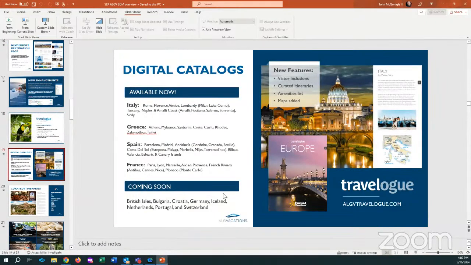In fact, this slide, we need to update this because we've already launched our Germany, Portugal, and Switzerland catalog. So if you've got customers looking for those destinations, we've created this portal, the ALG Vacations portal, to give you a lot more information that you would never be able to find on the VAX original landing page. So that's what we've done here. We've gotten a lot of different things with policies, groups, promotions, things of that nature.